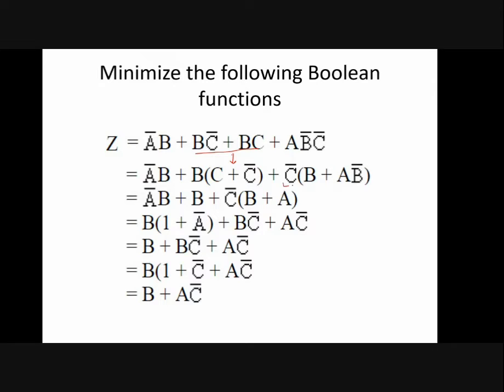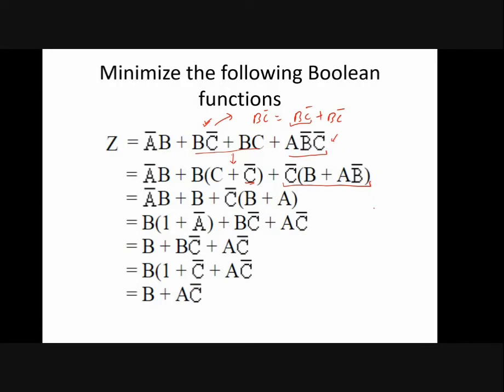Now you are thinking that from where this term has emerged, because we have only this term. So where is this extra term coming from? This term is coming from this value. We have used here BC bar is equal to BC bar plus BC bar. So one term is used with this equation and the second term is used with this. So it will be B plus A B bar.